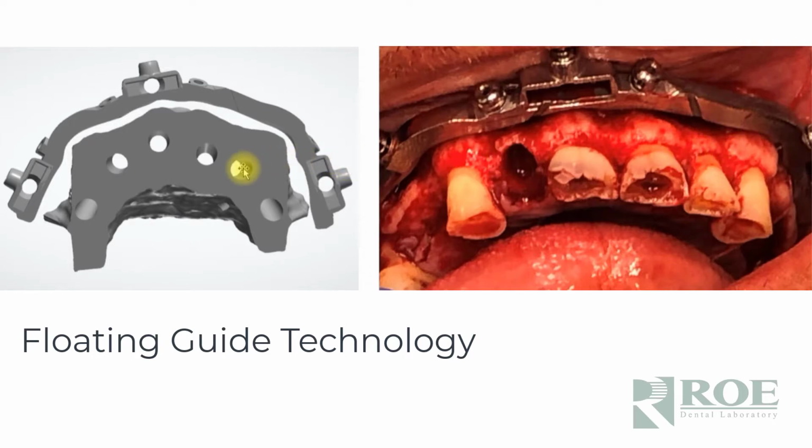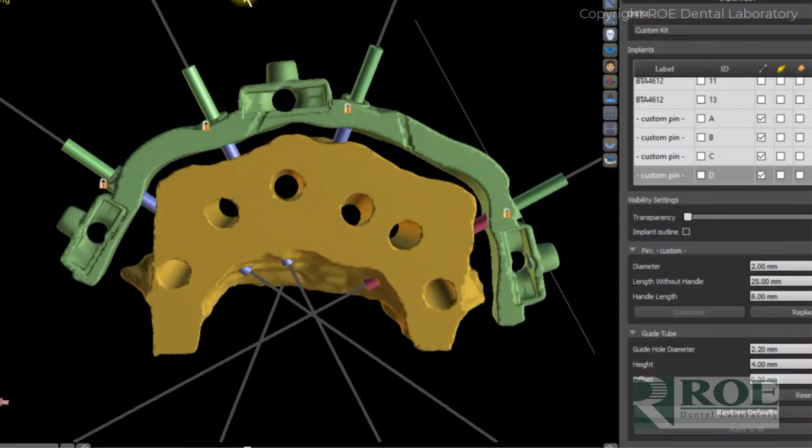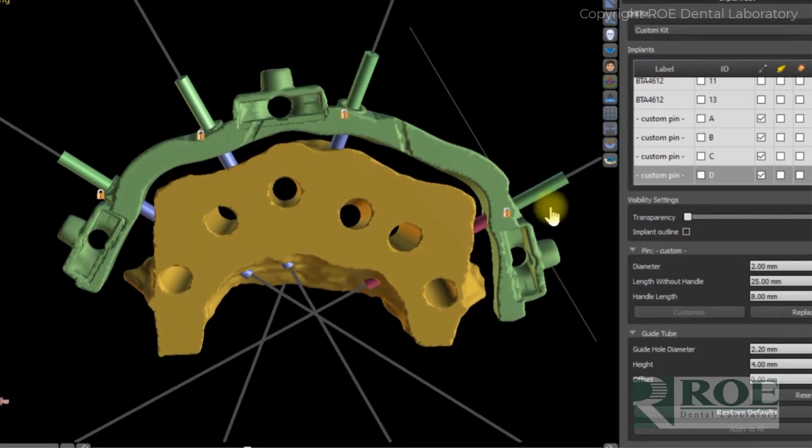bone. Now, unlike all other guides on the market, especially, of course, plastic guides, that's really all there is on the market is plastic guides. But unlike other guides, ours is floating. This is called floating guide technology. So there is a gap between our guide and the bone. It never contacts bone. The only thing that contacts bone is the pins. As you can see here in the planning software, this is the reduced bone model, and the fixation base is